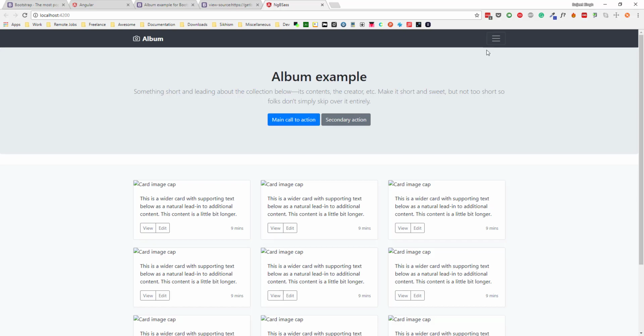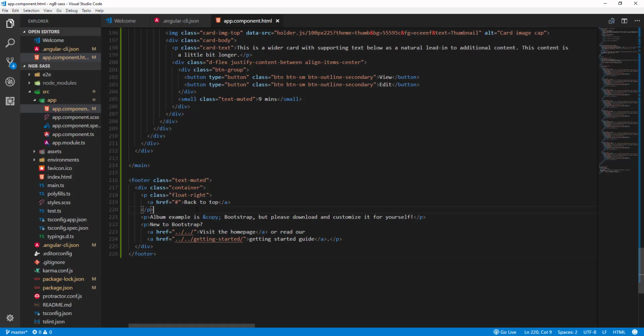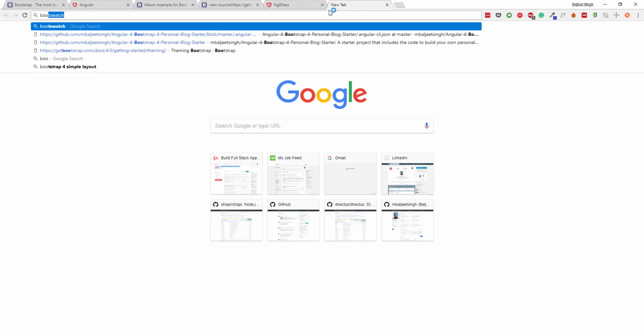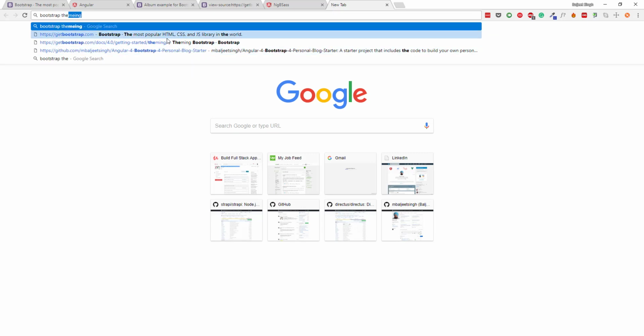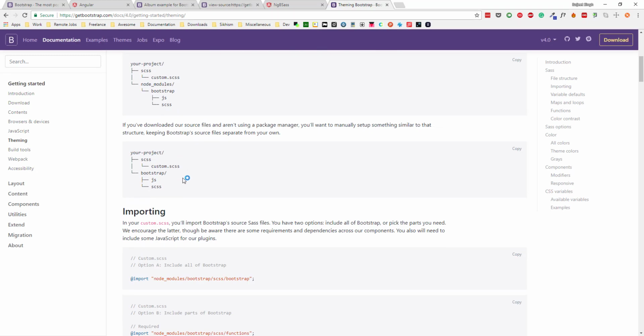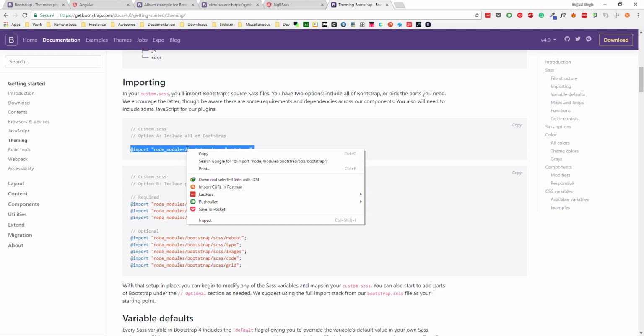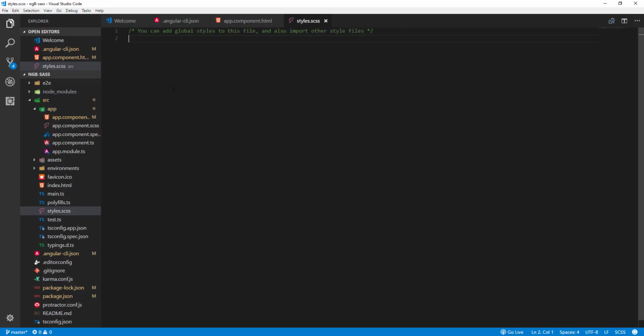So now let's see how we can change the color scheme. We will go to our editor and then go to styles.scss, and here we need to include Bootstrap. So if we go to the browser and open Bootstrap theming here, you can see that for changing the color scheme or the theme, we can use option A or option B. We can include the entire Bootstrap or we can include certain components. So let's go with this one. I can paste it here,